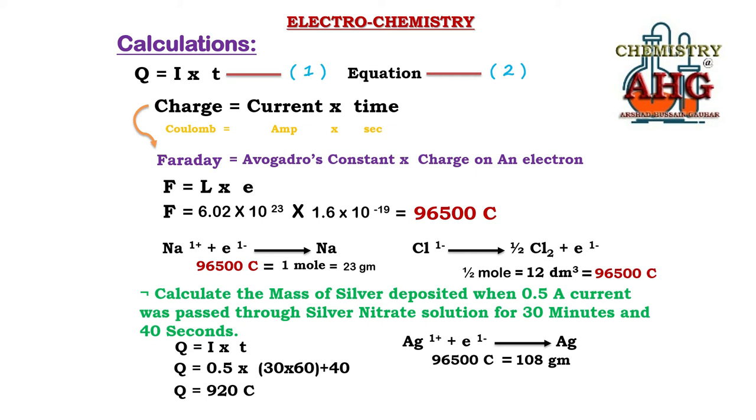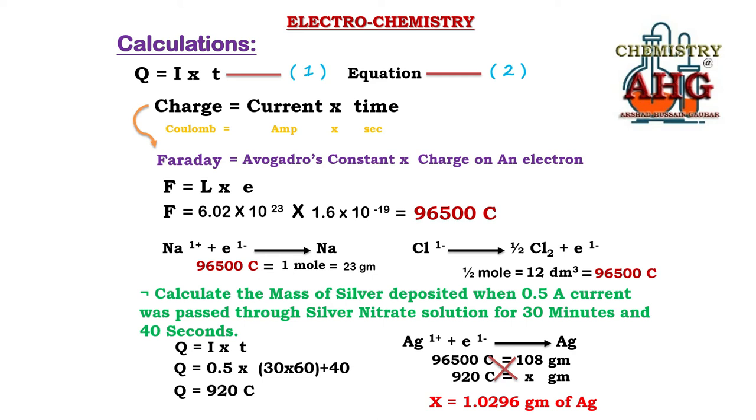Now you can use the charge that you have calculated in step 1, 920 coulomb. It would have produced how many grams? We don't know, x. Just cross multiply and you can get the answer for x, that is the mass of silver deposited during this experiment. It is 1.0296 gram of silver. So remember that these are the two steps you can use in all the calculations of electrochemistry, but the sequence of steps can be different.